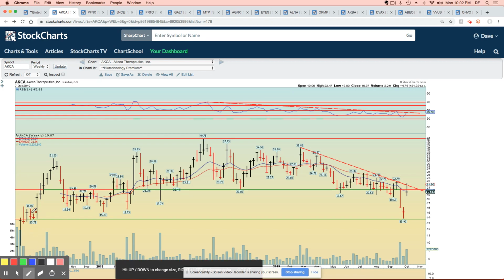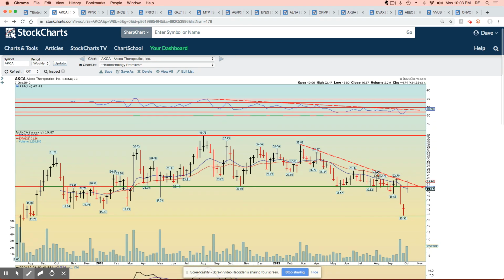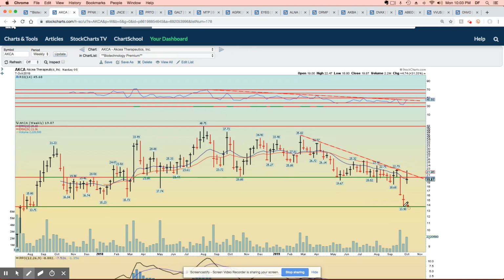Okay, so starting with Alcea Therapeutics, this one had a very nice week so far this week at 31% up, and it's very close to breaking out above this downtrend that it's been in basically in all of 2019. It bounced off of this level, which we'll now call support, around 1390. Notice this is the same level we bounced at back in 2017. But notice we've been in this downtrend since August of 18 of momentum resistance, and now we're at that level again. Are we going to break through, or are we going to fall back? Well, time will tell. But if we do break through this downtrend over here, then there's a lot of upside,